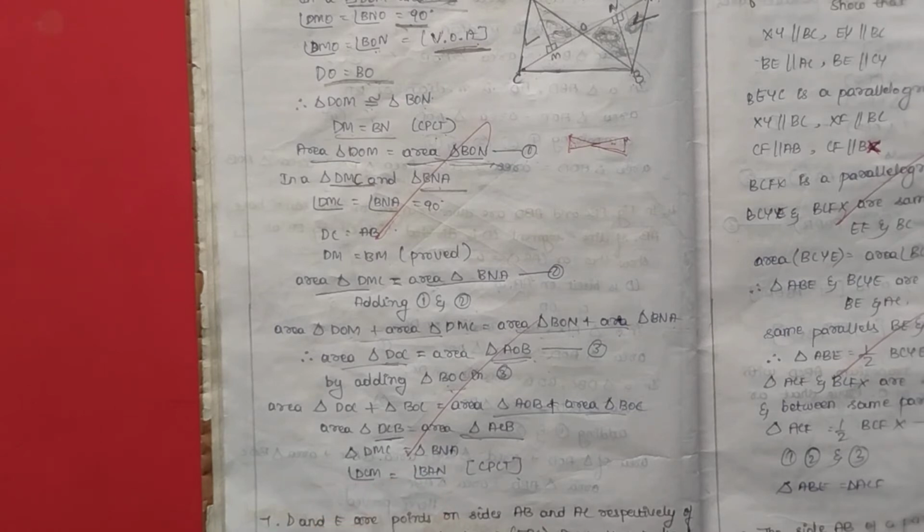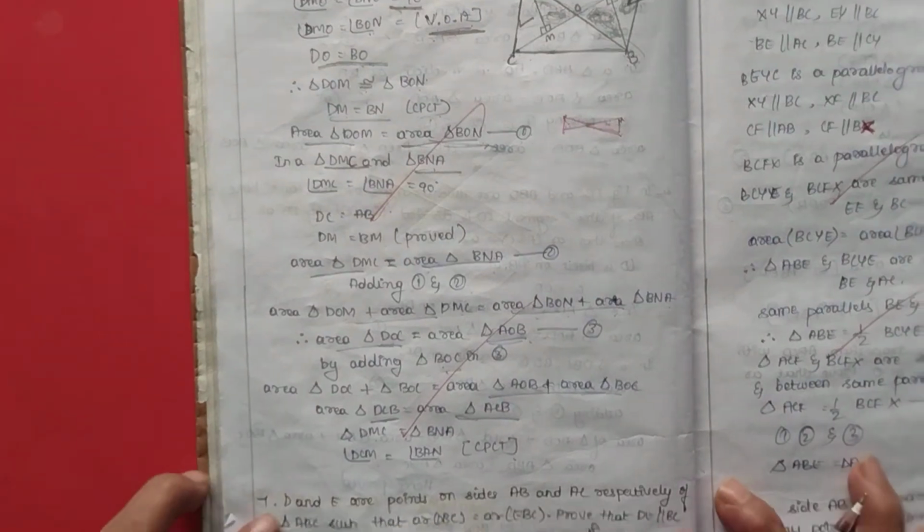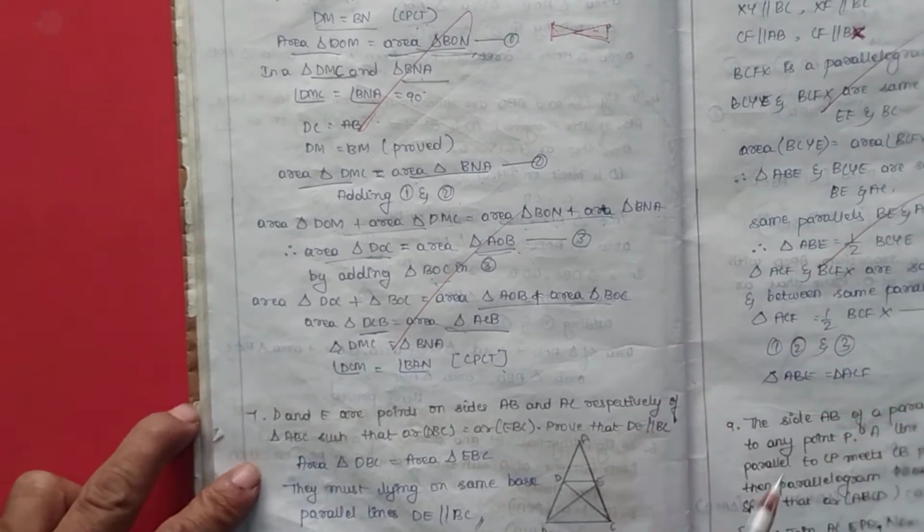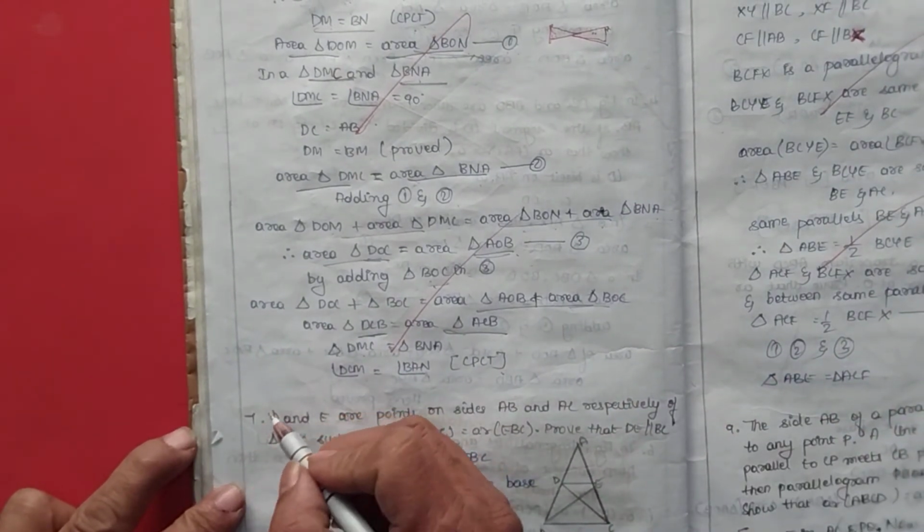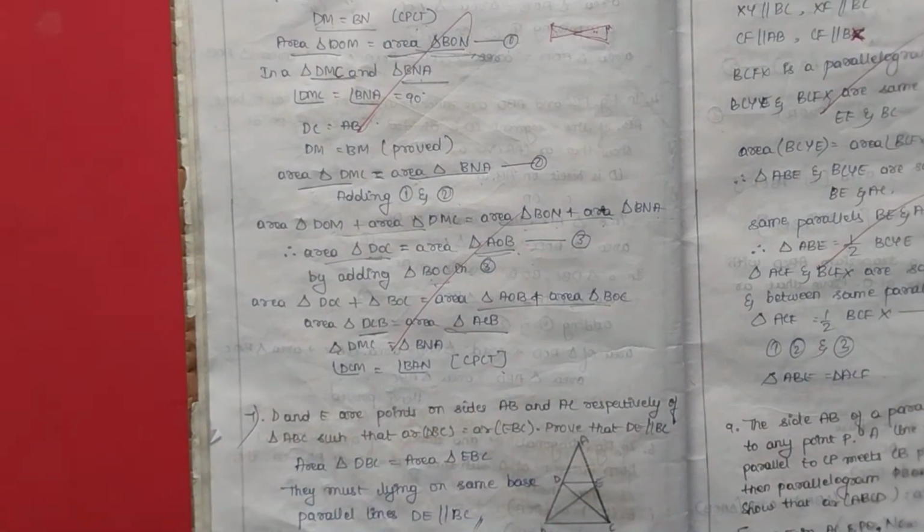This is the bigger one, that's why I taught it for you all. Next, the 7th one is very simple. I will explain it here also. Very simple. I will read the question and explain. See, question number 7, the 7th one.